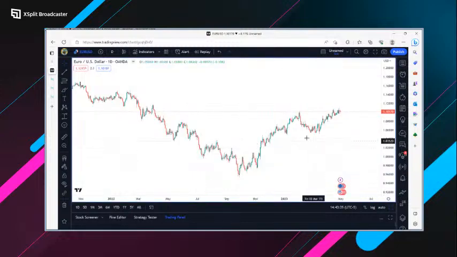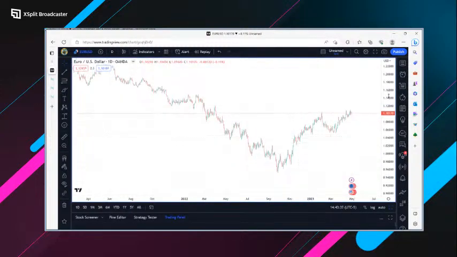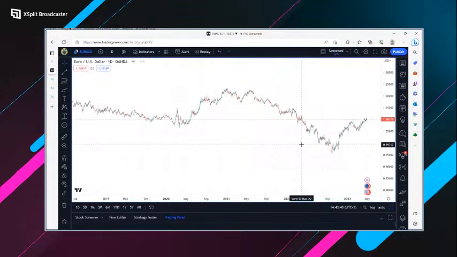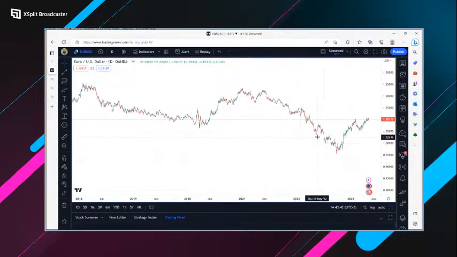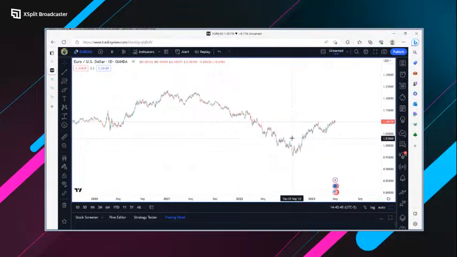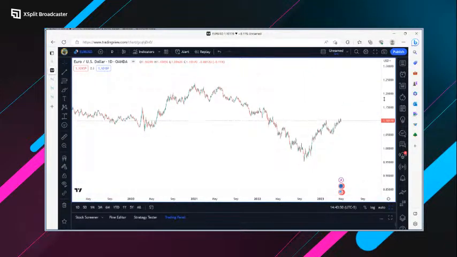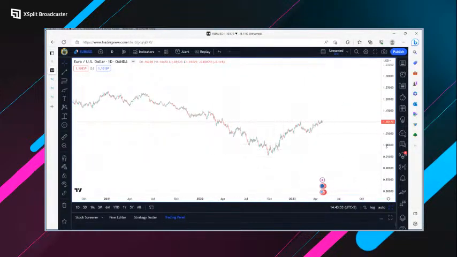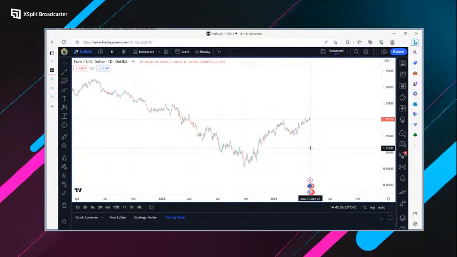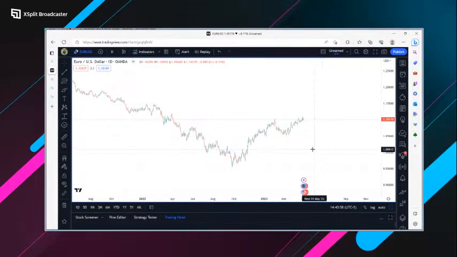So we use the same methodology on the daily time frame that we did on the monthly. We bring in about a few years of data, and then we ask ourselves the same question we did on the monthly time frame. Okay, why did the market make a low here? We find the low prices. Why did the market make a low here? So we bring in a trend line and go backwards